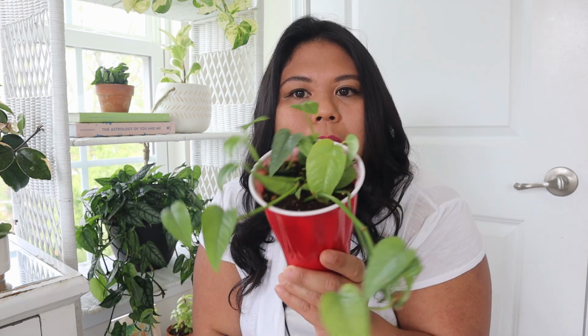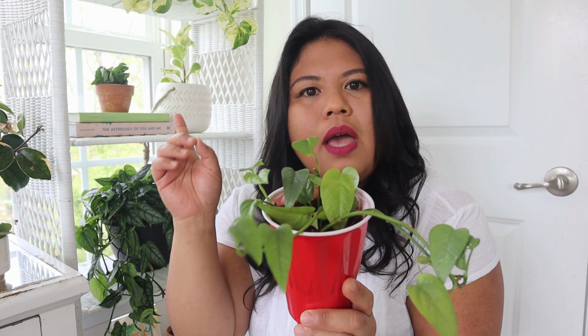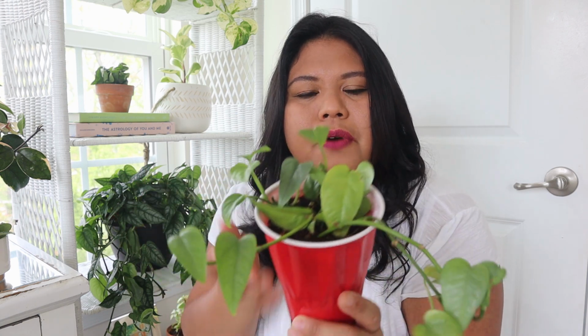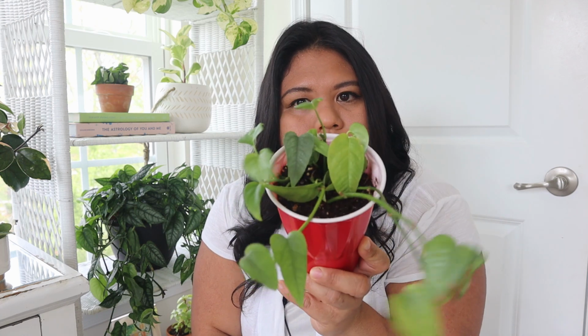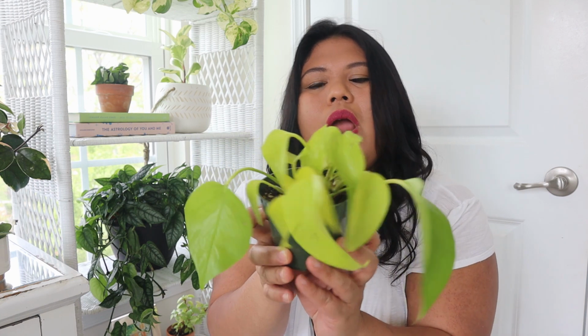So this is the Sebou blue pothos. It had a couple of yellowing leaves, if you've seen in my previous videos, I think in my spring plant tour that I showed you, but I cut those off, and so far it's been doing well now that I have transferred it into potting soil. This one is the neon pothos that has been propagating in water, but this one already had extensive roots